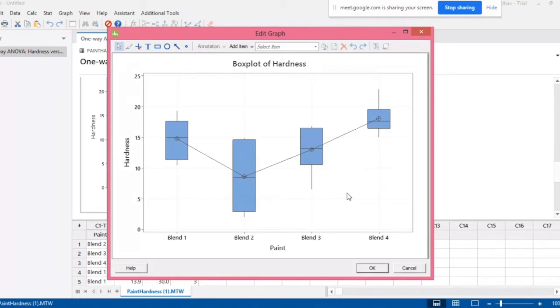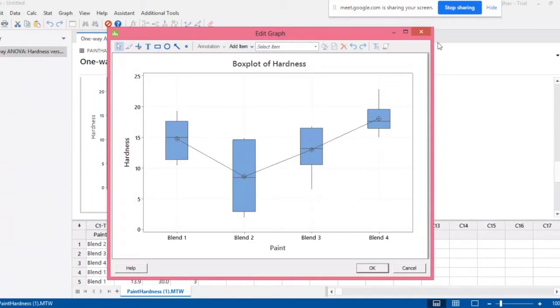Very good. And is the variation same for all the blends? No, for blend 2 it is higher and blend 4 it is very less. Blend 2 it is higher. Blend 4 it is less. Now, which blend is better? In terms of hardness, blend 4, sir. Blend 4. Yeah, because mean is on the higher side, na? So higher the hardness, it is better. Okay. Also, the variation is less.